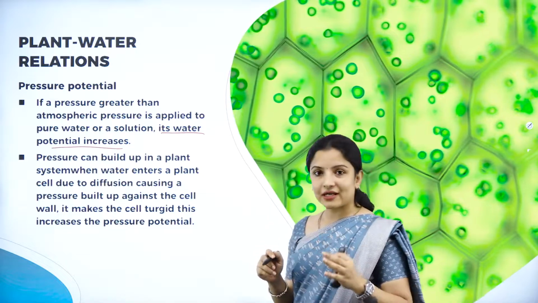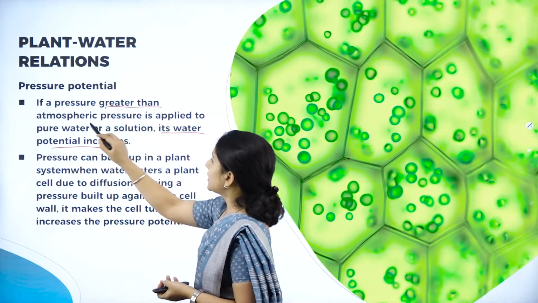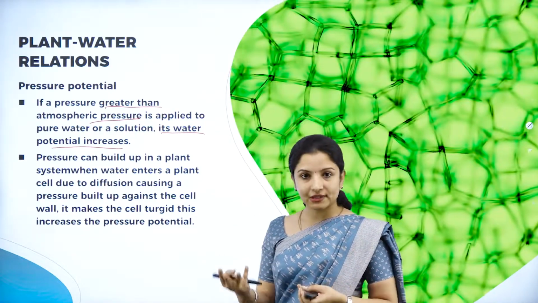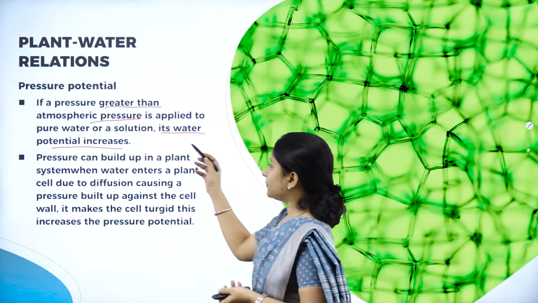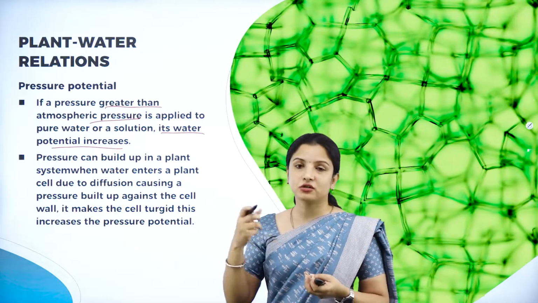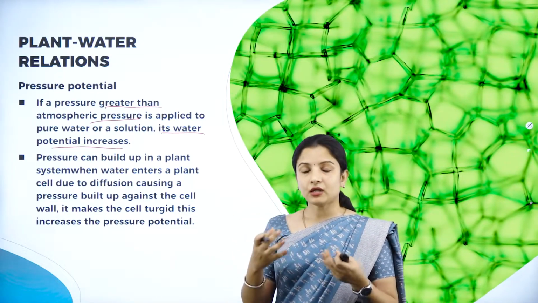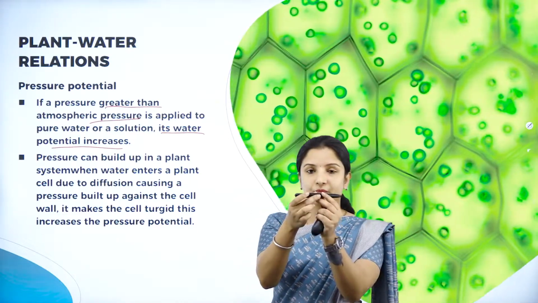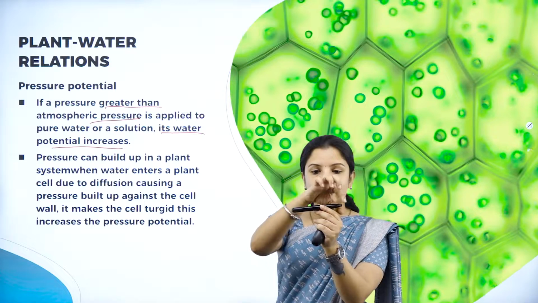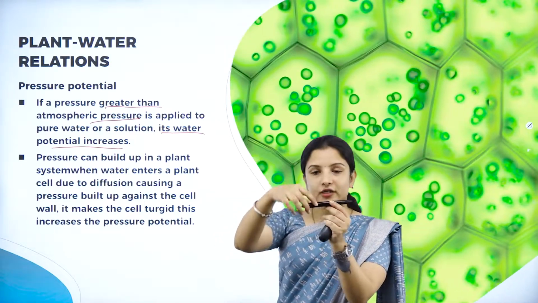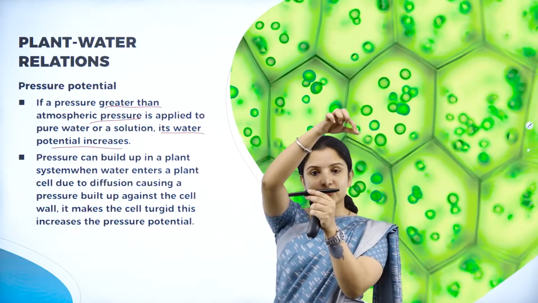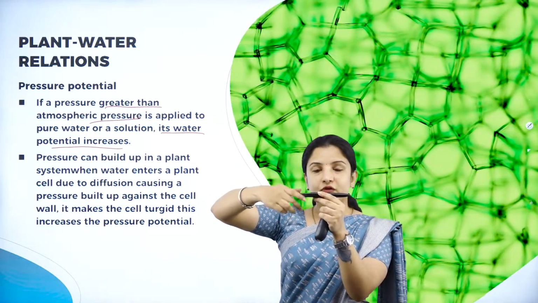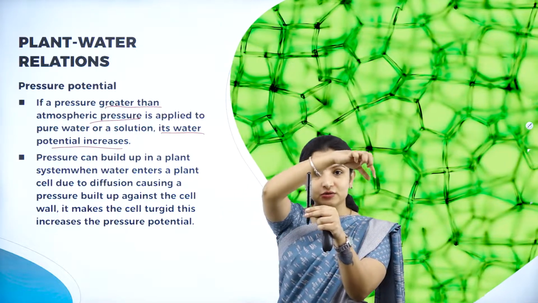So if a pressure greater than the atmospheric pressure is applied to pure water or to a solution, what happens? The water potential will increase because of the pressure. I can give you an example of a pipe. If you keep on the tap, here there is a tap and here there is a water pipe. If the water pipe is like this, then you switch on the tap, the water will move very fast, right? But if you put a water pipe like this and then switch on the tap,